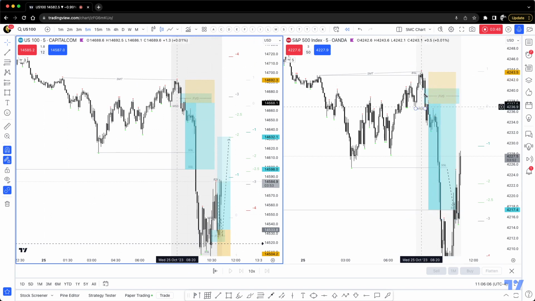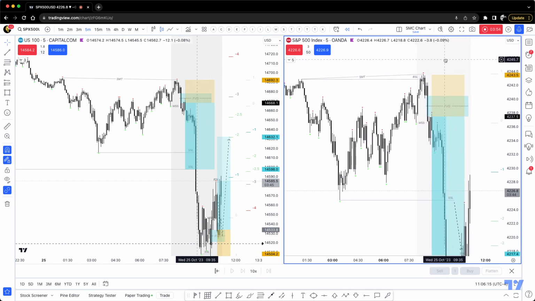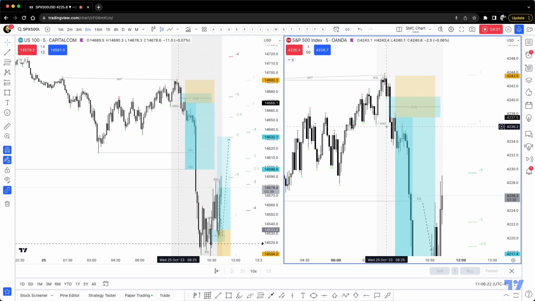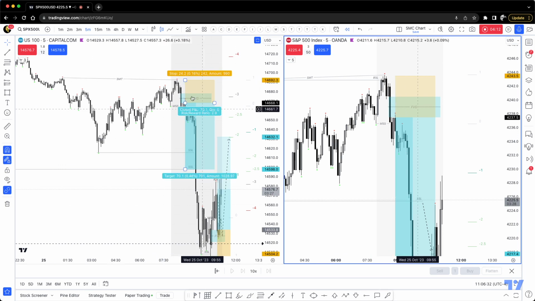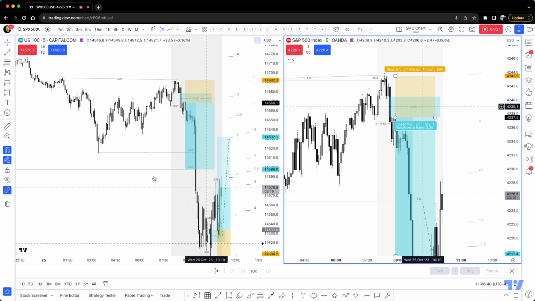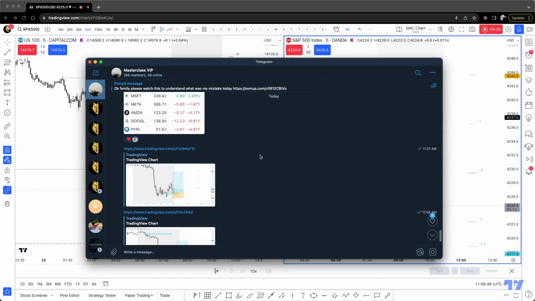So right there, you see when the divergence is shown, I'm waiting for displacement. So price actually goes ahead and had a big displacement right here, showing market structure shift. Also Nasdaq was doing the same thing. The only thing is that I was seeing this since Nasdaq was not sweeping any highs right there, I personally did not enter on Nasdaq. I actually took the trade on S&P, but I was sending the entire positions to the team so they can decide which one they prefer.